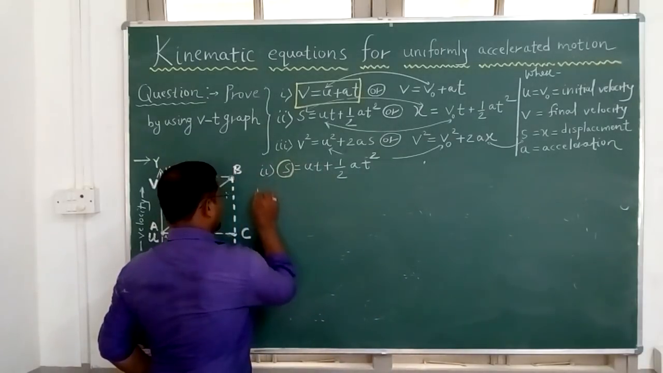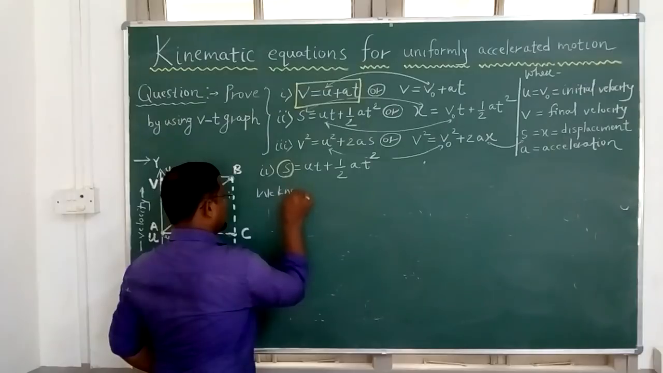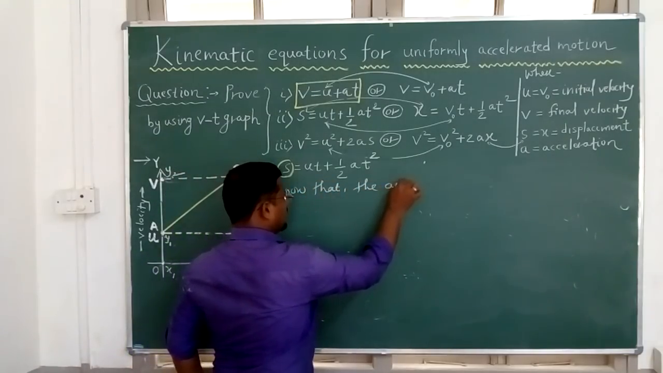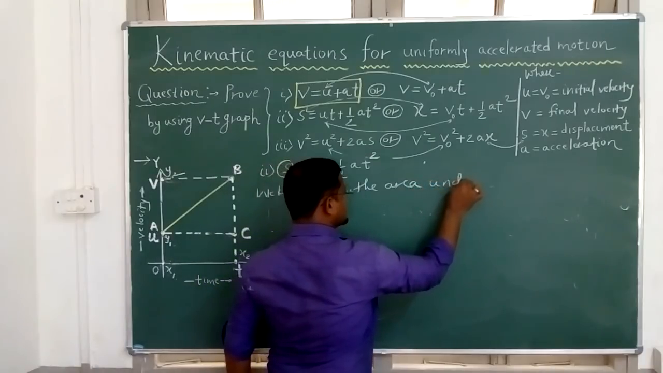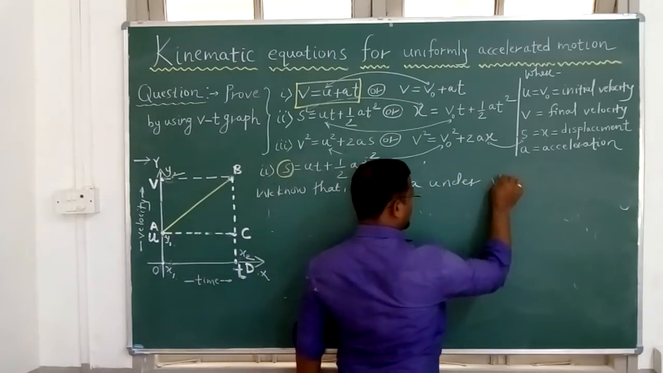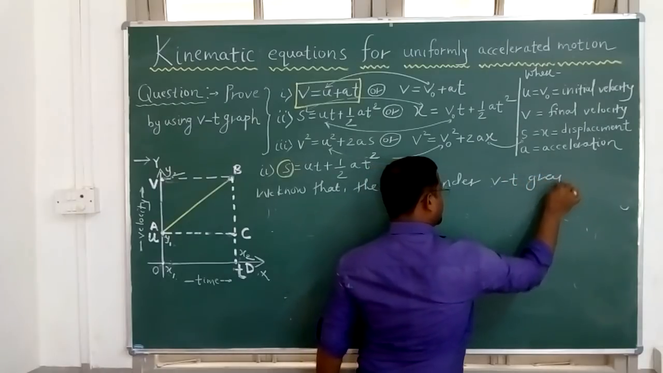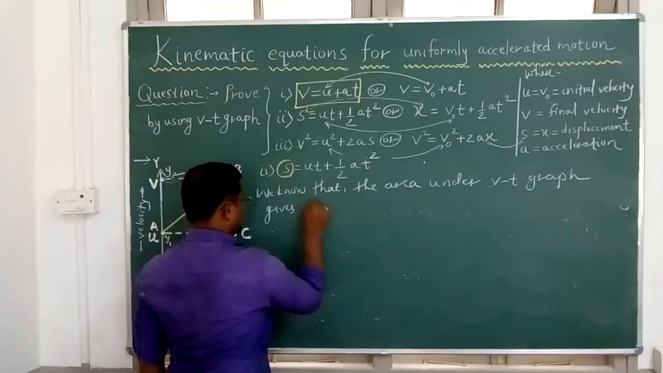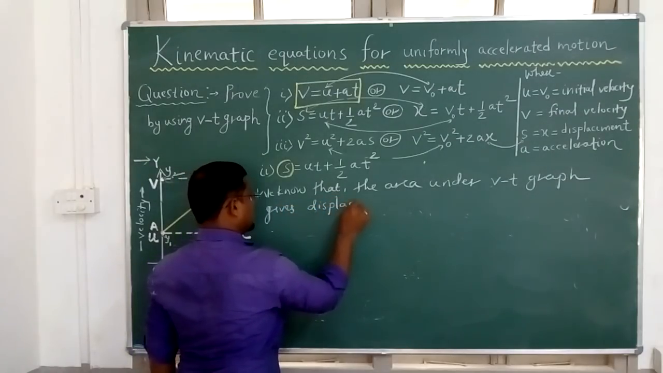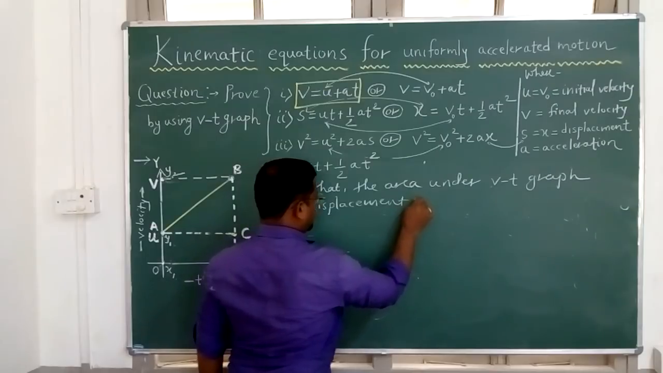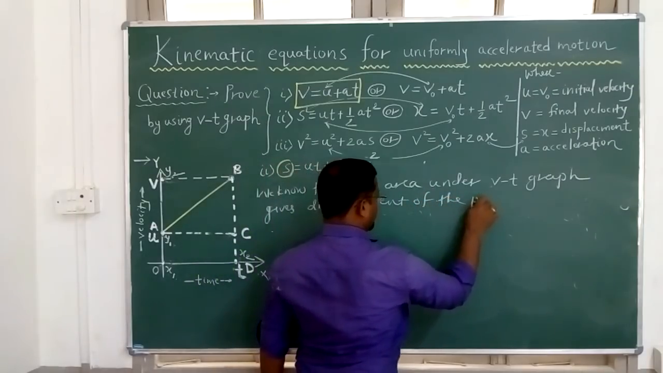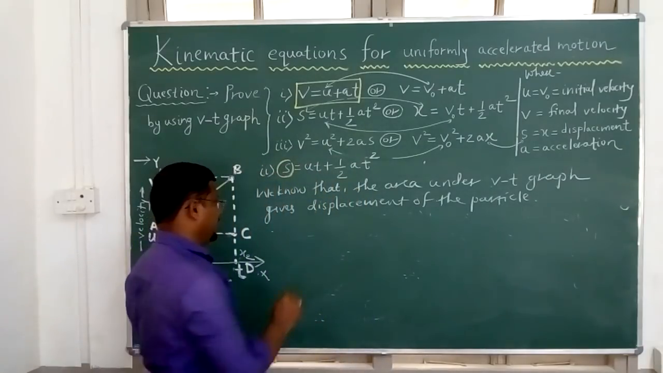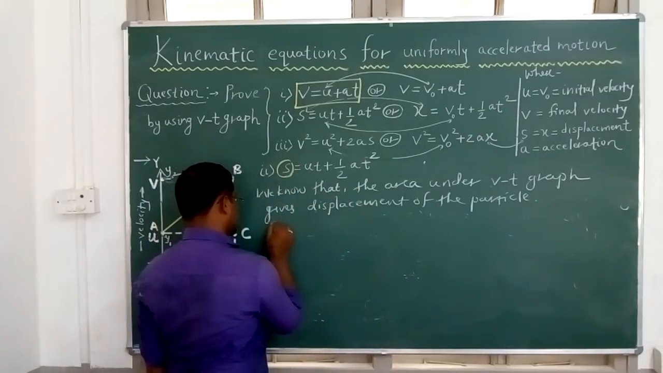So here we know that the area under the VT graph gives displacement of the body or of the particle. You have to write this as it is in your notes. Now we have to calculate the area. So displacement means what? Yes, area. So therefore